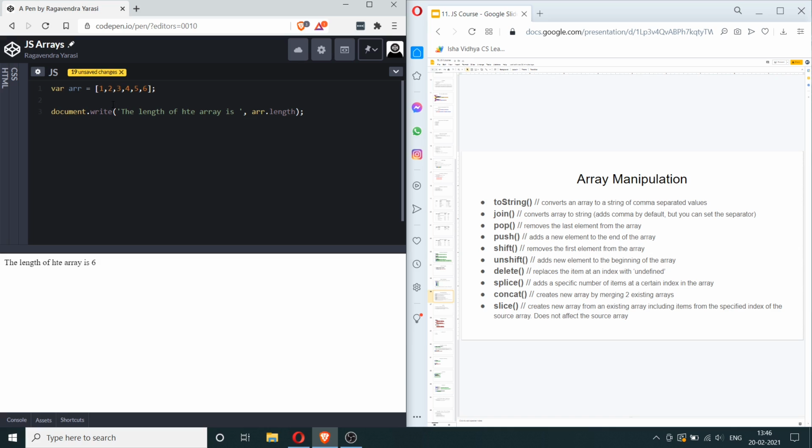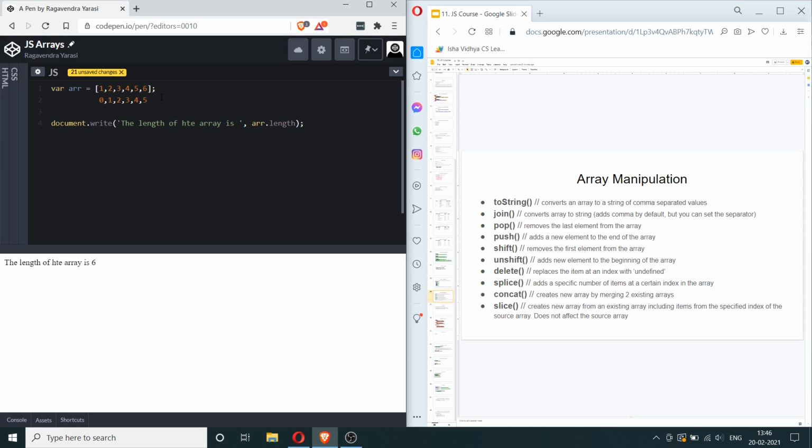Another thing that you should note is that there is something called an index in an array. So for example, here 0 is the index here, 1 is the index here, 2 is the index here, 3, 4, and 5. Every array starts with the index of 0 and then 1, 2, 3, 4, 5. The index of the array starts with 0 and goes up to length minus 1. So the length of this array is 6, and 6 minus 1 is 5. So that is the ending index, the final index of the array.